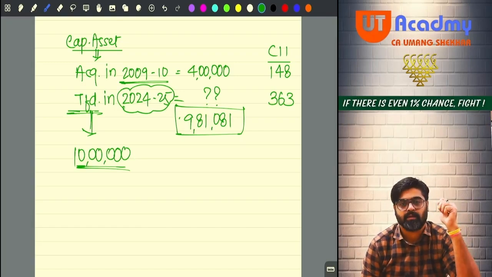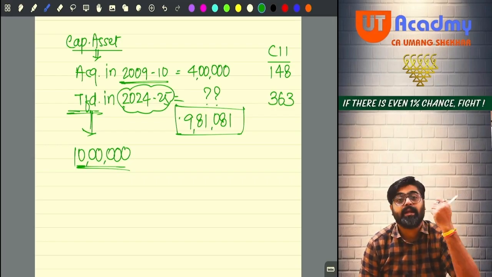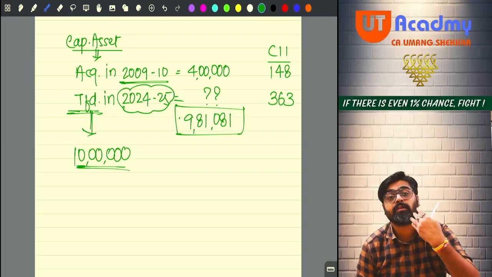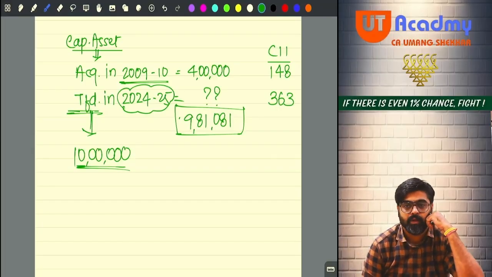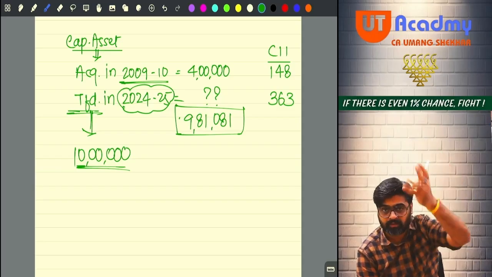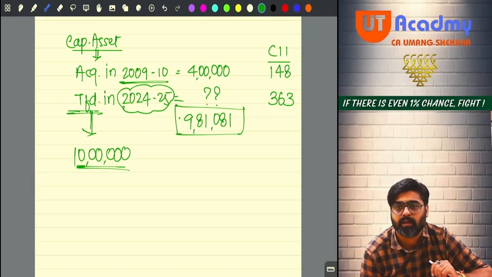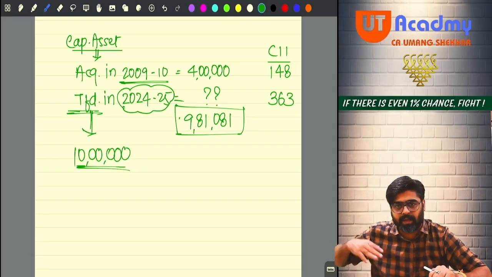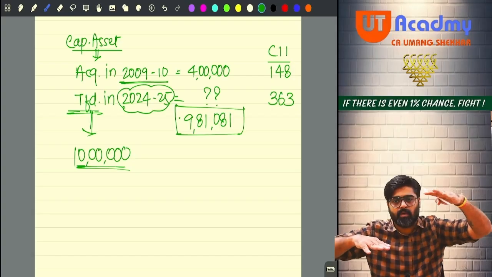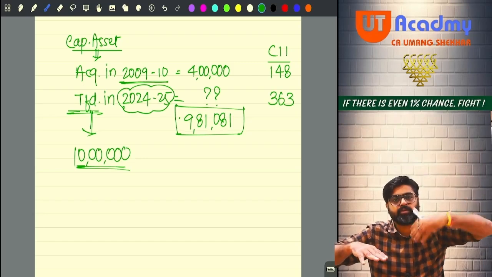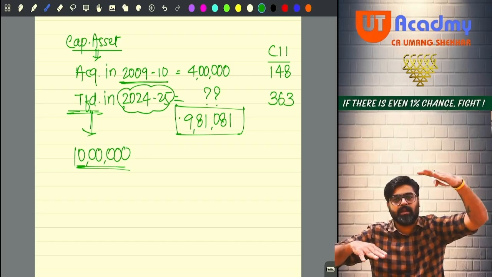Because of the inflation. The cost would have increased. And as a result of that increased cost, you are getting a higher selling price today. So if you reduce that cost which you incurred long back from this selling price, you will not get correct profit and gain. If you want to have correct profit and gain, both the amounts should be comparable. No, selling price is in today's terms. After considering inflation and everything, the cost would have increased. Hence, you are getting this much selling price.